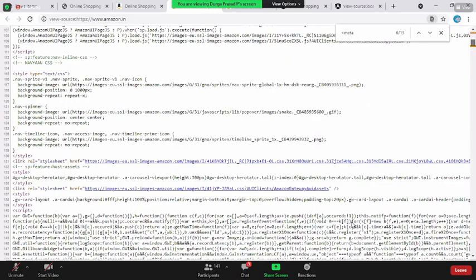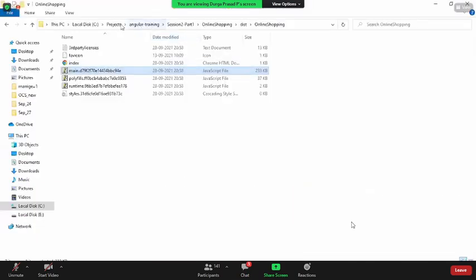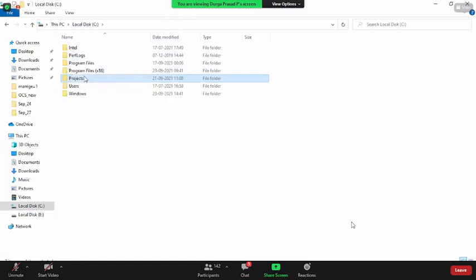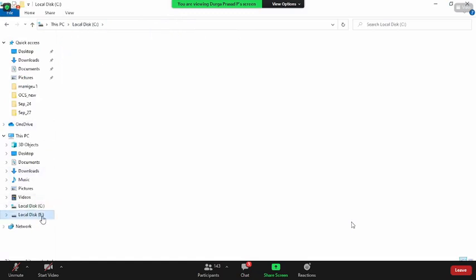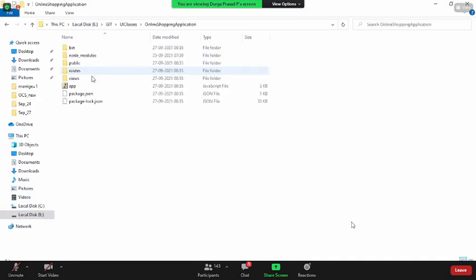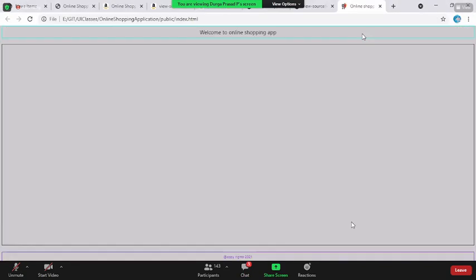Or else, let me show you, my local web page itself is already there. When you go into the E drive, the Git folder, classes, online shopping application, public, you go for index.html. You see, this is our own developer web page. Do you see some icon coming on the top? How does it come?